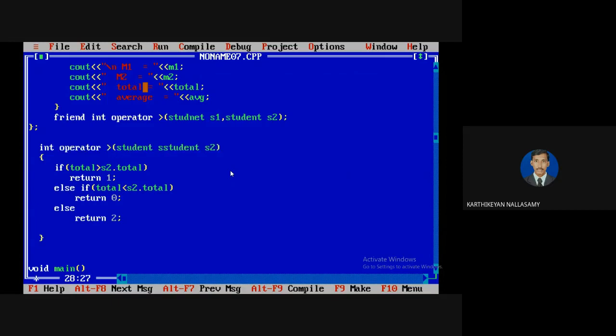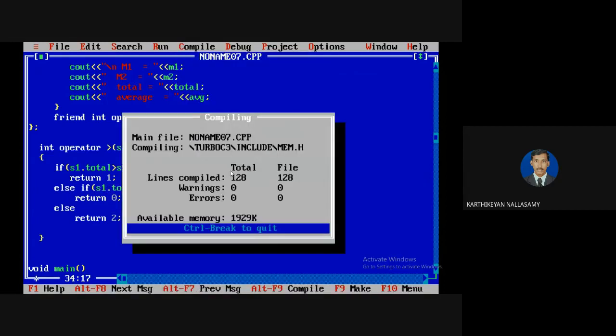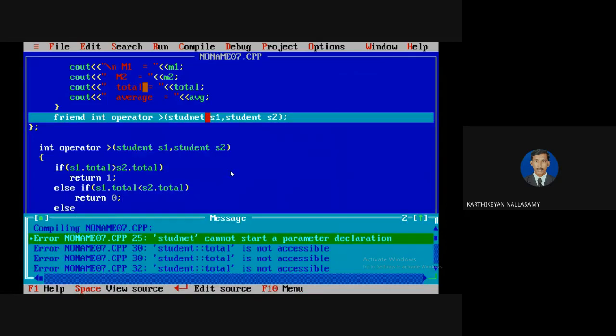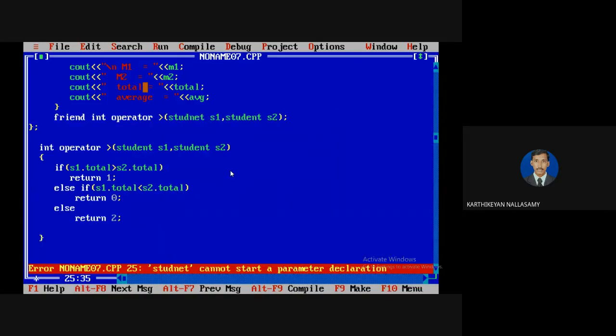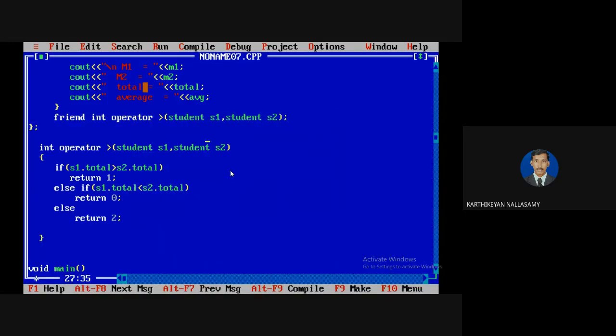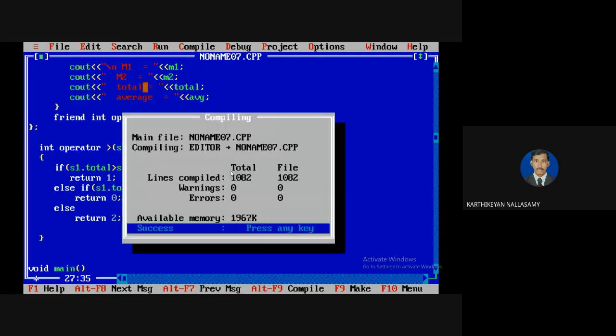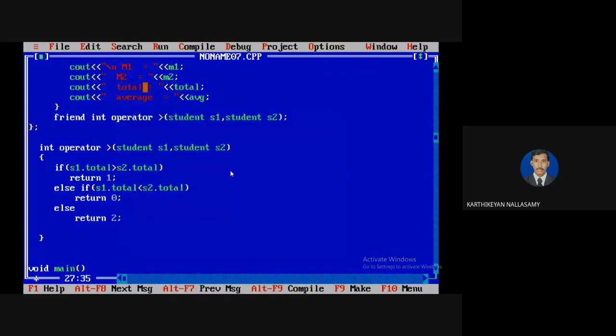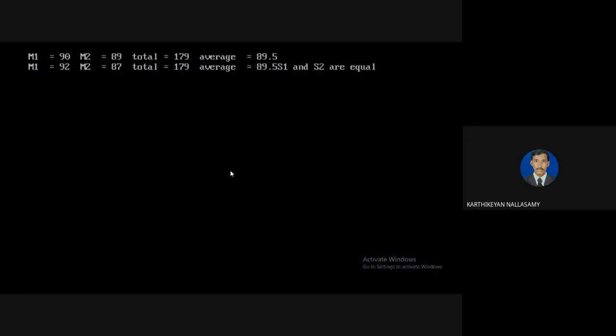We are going to represent both objects as arguments, because we don't have any current object when implementing with the help of a friend function. Now you have to compile. Now there is no error. Then I'm going to run it. It will return the usual results.